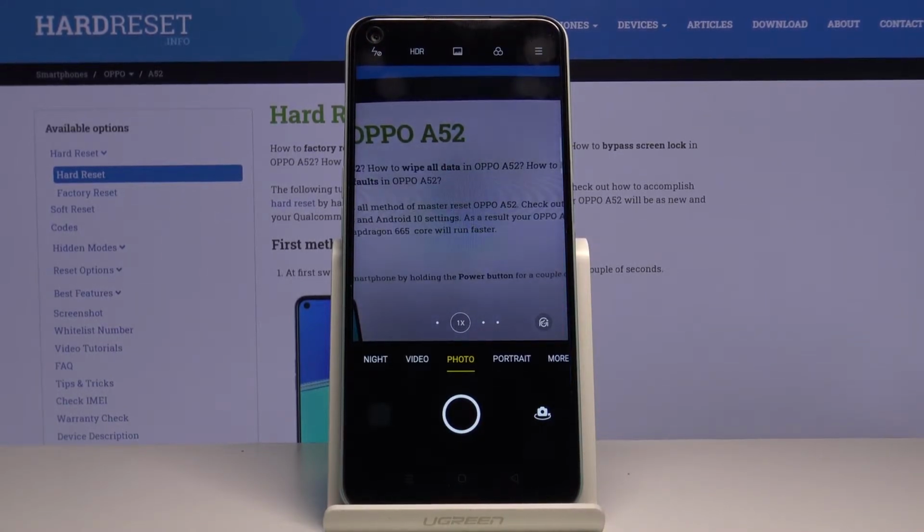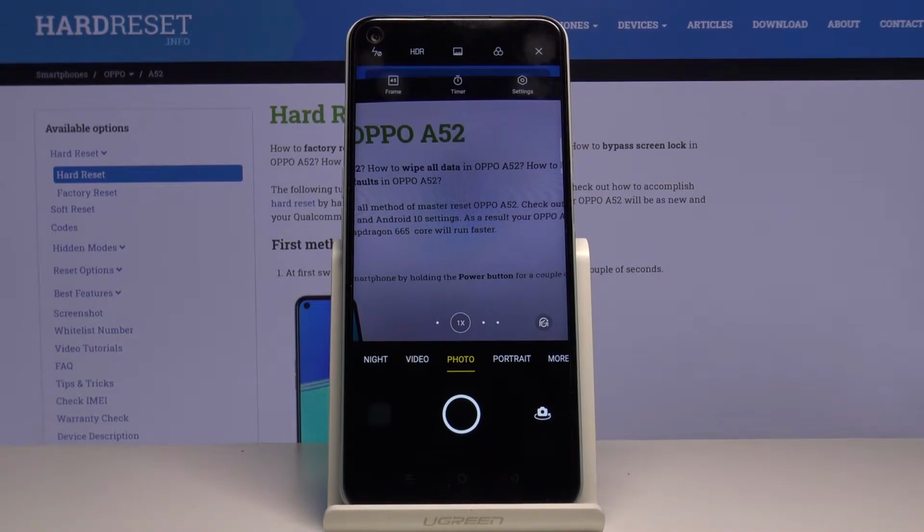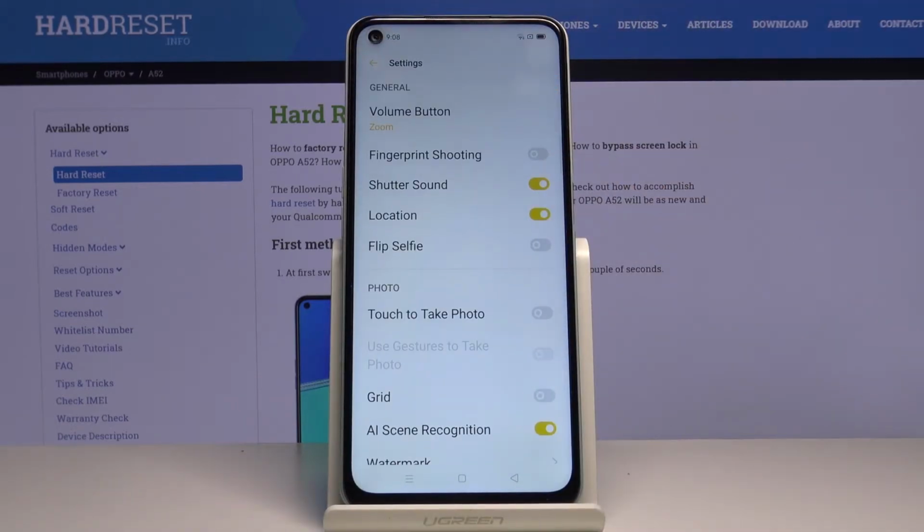And as you can see, for now we are in the standard photo mode, so let's go to more advanced options. We can do it by tapping on this button here in the right corner. And it gives us access to 3 other buttons. For now, let's focus on this one from the right, and when we pick this we can open the advanced